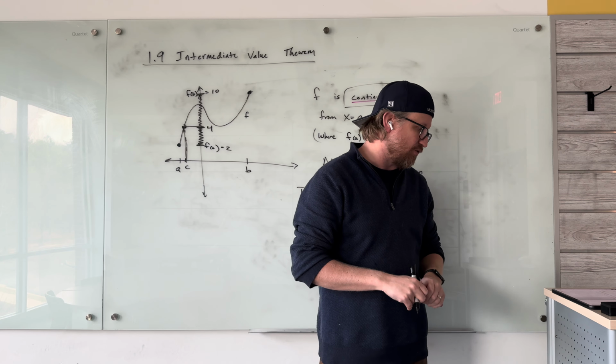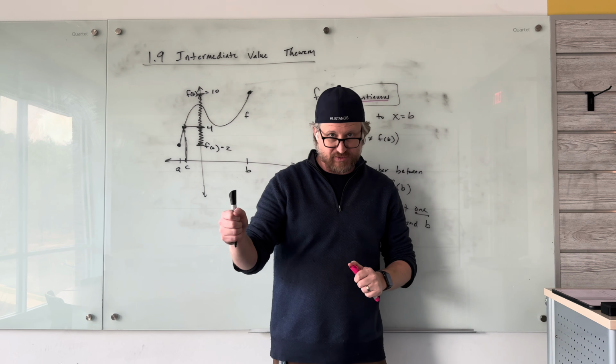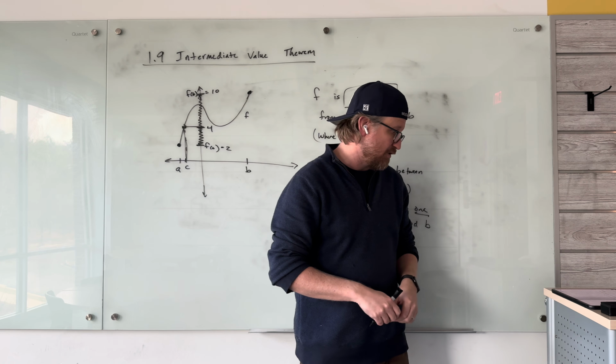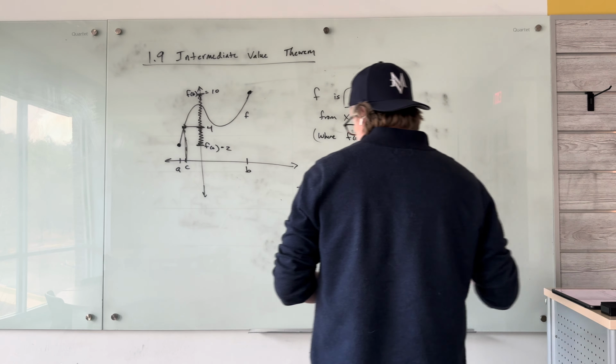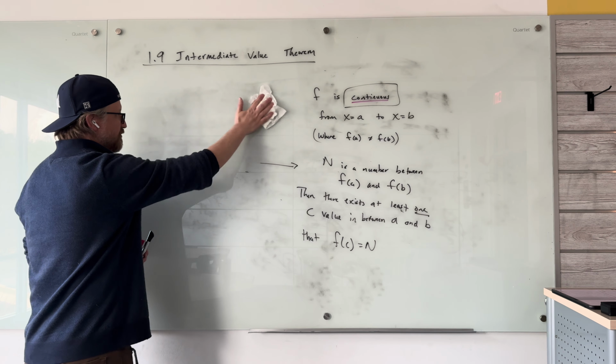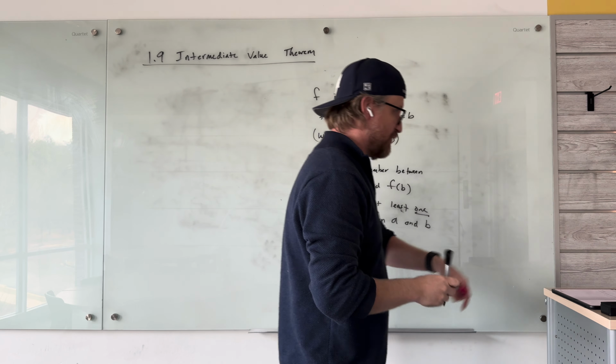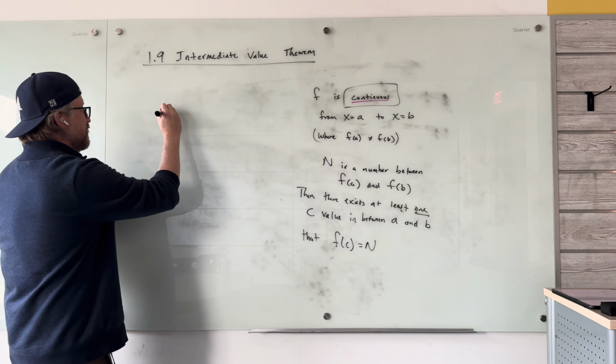Example number 2: show that there is a root between 1 and 2 for the equation. So that's x is 1 and x is 2. This one, I'm going to challenge you to take a look at. The way that I'm going to help you with this one, because it's something we will take a look at a little bit more later on, is the word root means 0